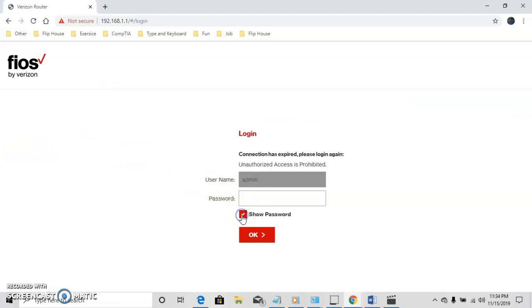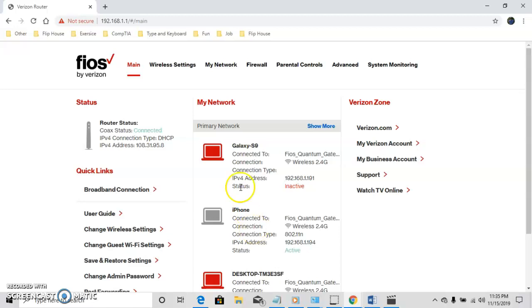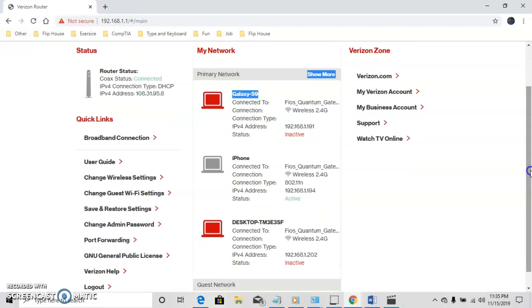Now you write a password for your router. You can find it on the corner of your router. Okay. Now we go to the Fios dashboard. In the left panel,